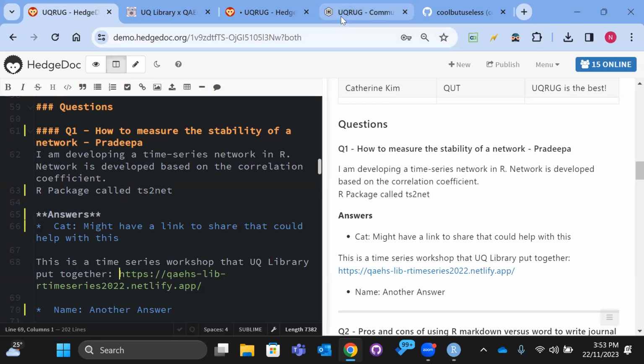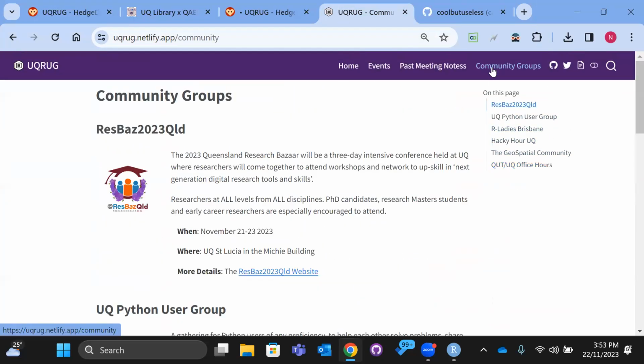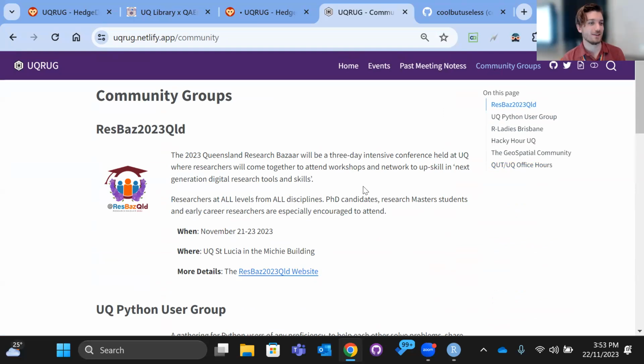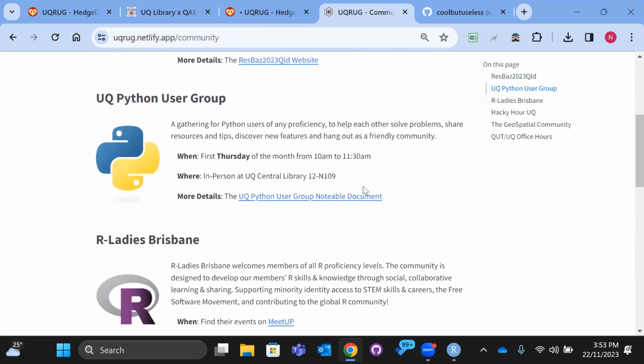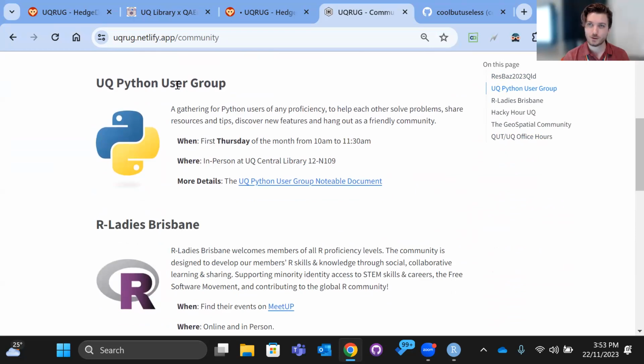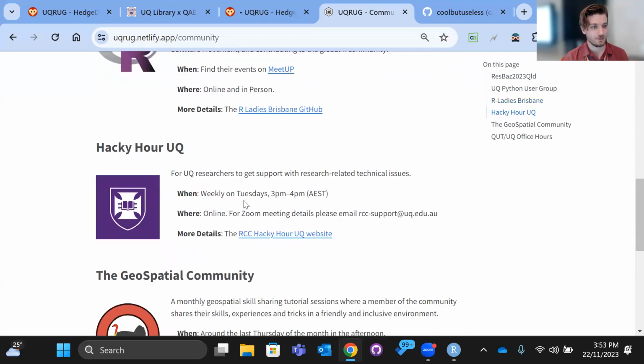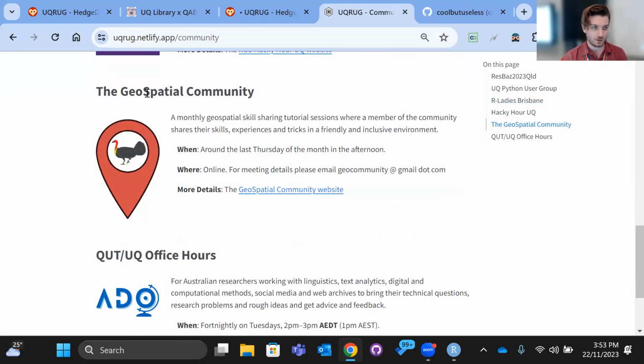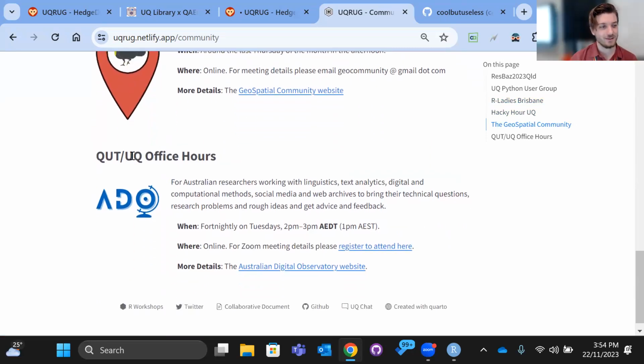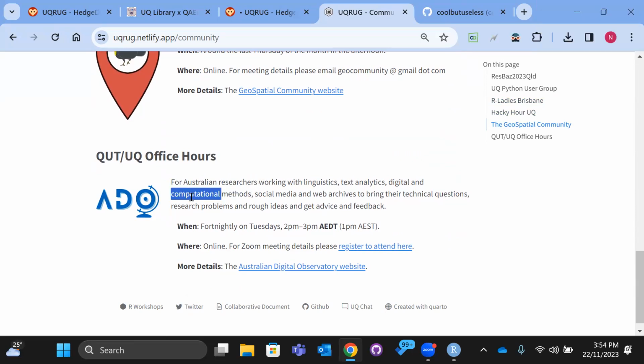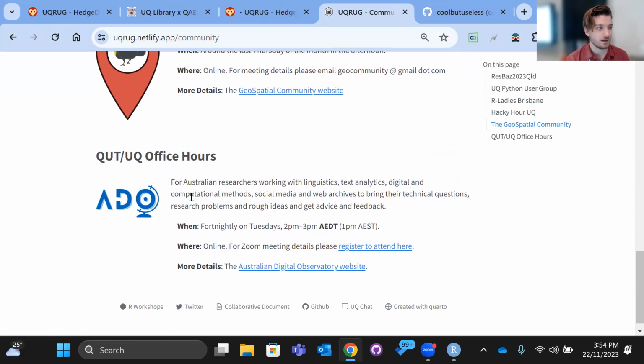To spruik the UQRUG website, there's a community groups link to a bunch of different community groups in the UQ sphere, like the Python user group, R-Ladies Brisbane, Accio UQ, the geospatial community, which is now Geospatial Share, and UQ and QUT office hours by the Australian Digital Observatory. They do a lot of different computational methods, which are very HASS focused, but I think economic time series may be related.